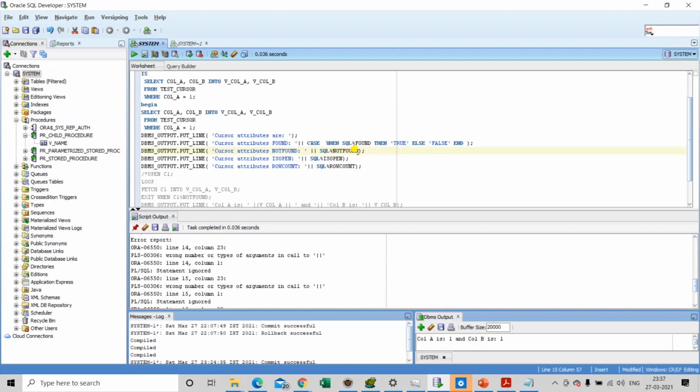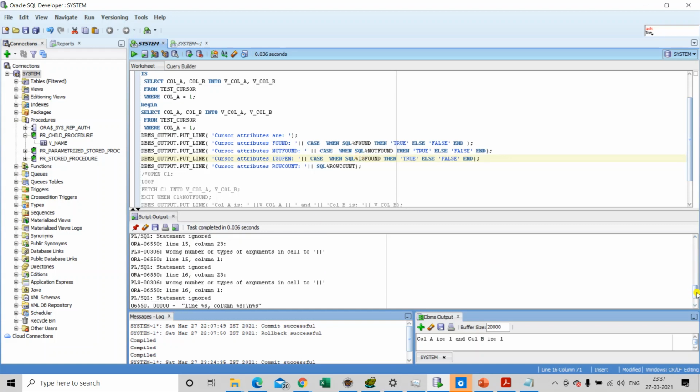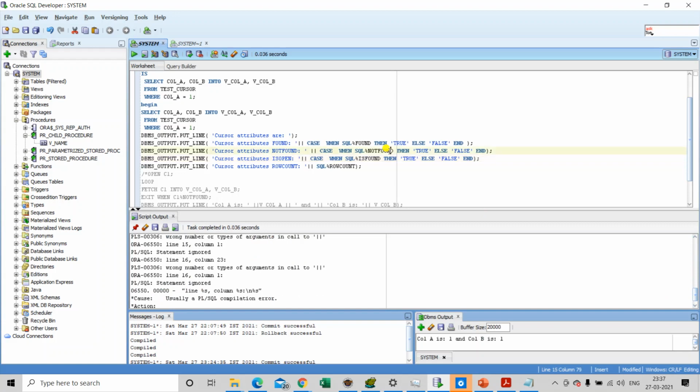Same way we will handle SQL%NOTFOUND and SQL%ISOPEN. Now let's try to run this particular code again.